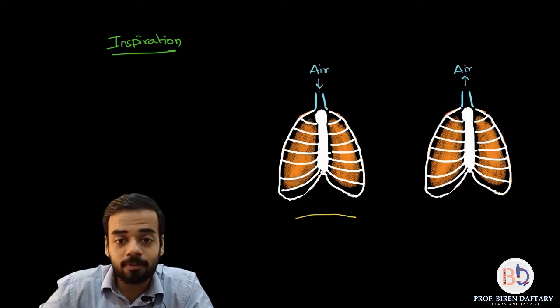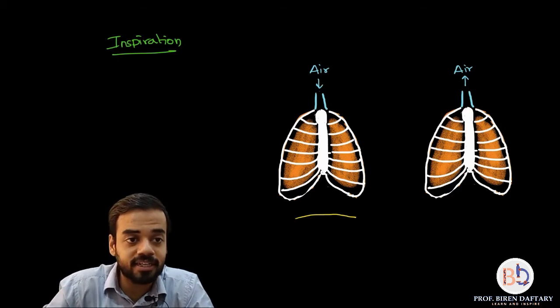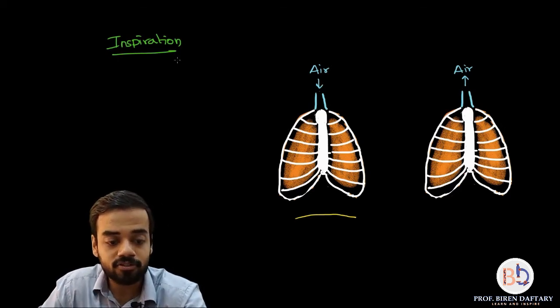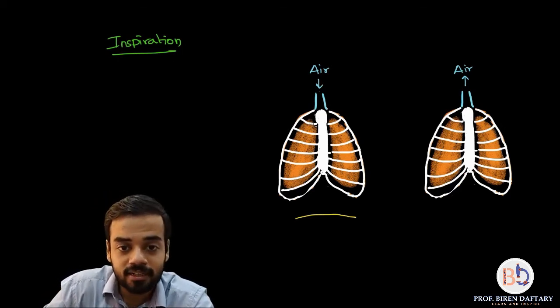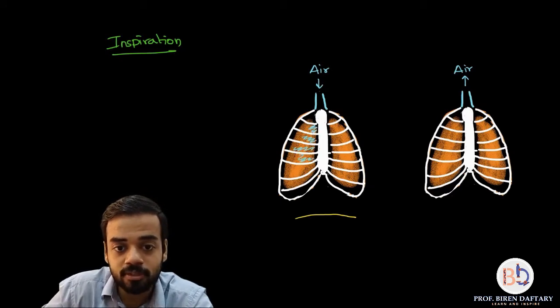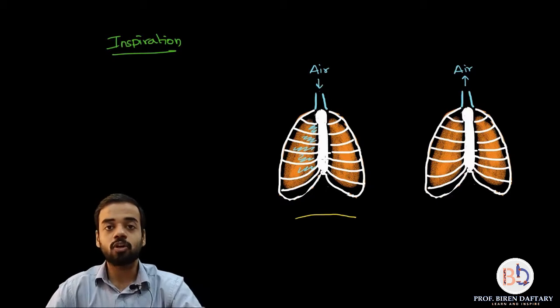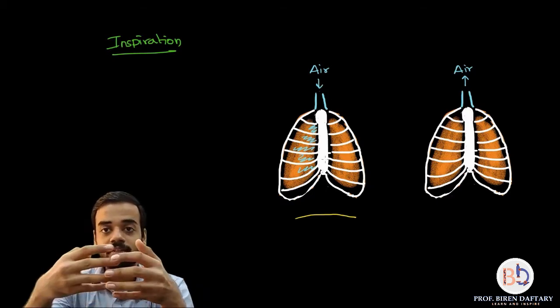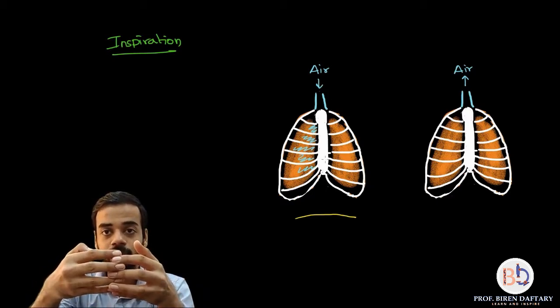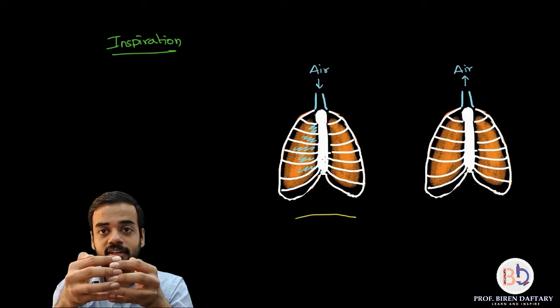Now what happens is, the intercostal muscles, again I am telling you, are the muscles which are present over here between the ribs and the sternum. Just imagine that this is your rib cage, and the place where the fingers are overlapping is the sternum, and your rib cage is like this.